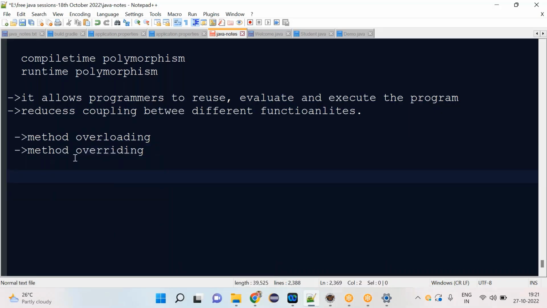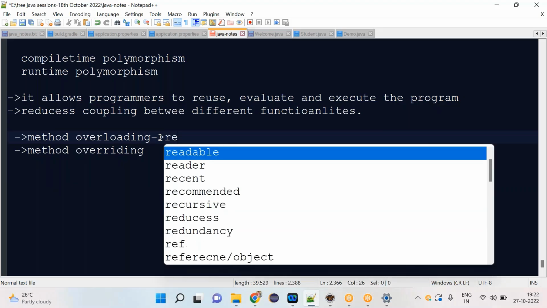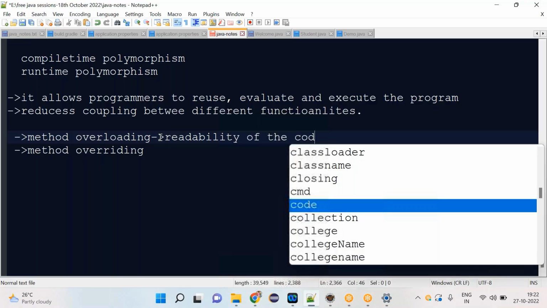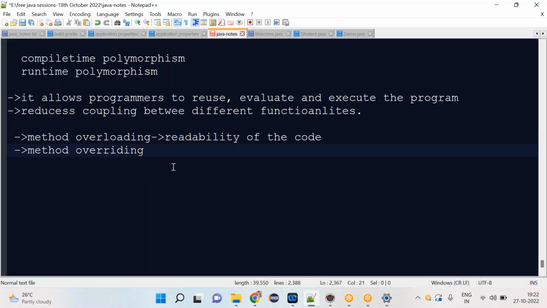Using method overloading, we improve the readability of the code. The readability of the code will be improved. And by using method overriding, we can also achieve, if you don't want the existing functionality, if I want to